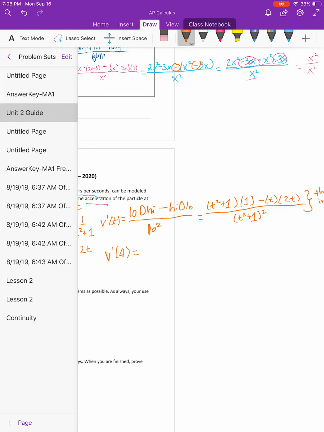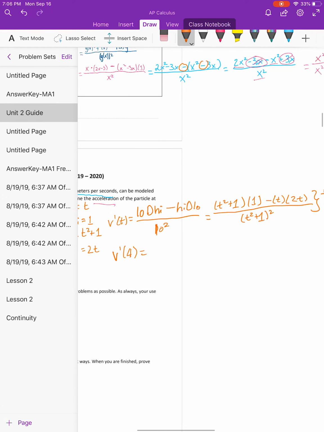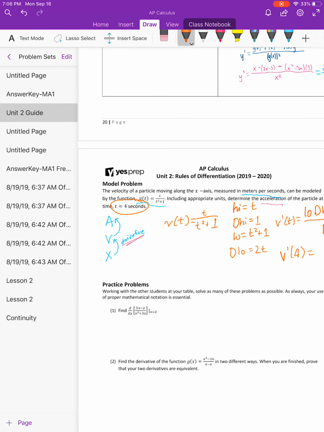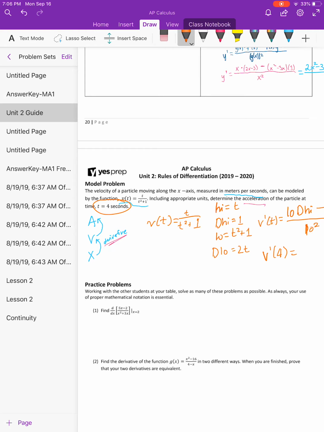Now, I'm not going to do all this. I trust that you can figure this out. And then again, so going back to what derivatives mean,